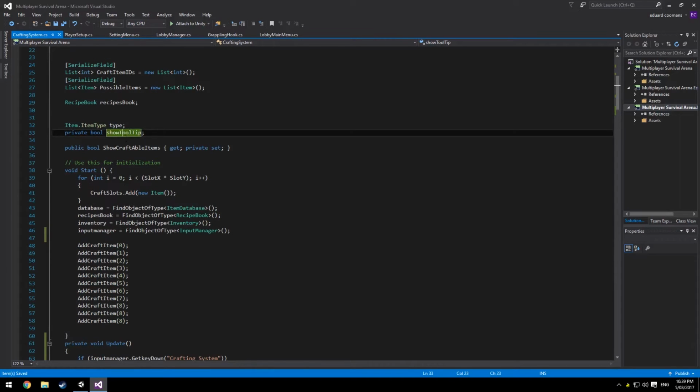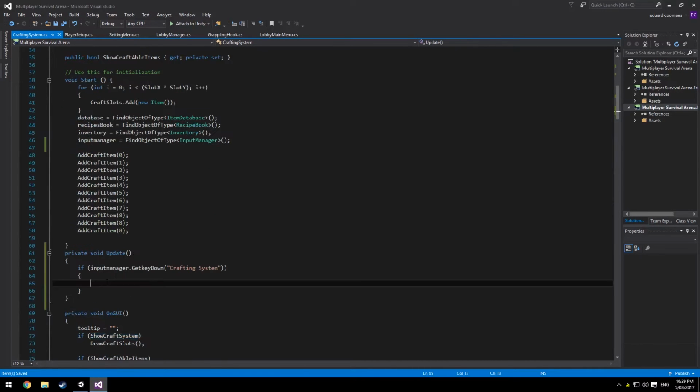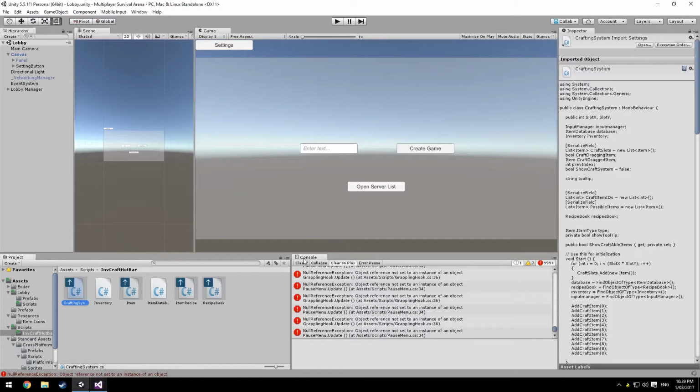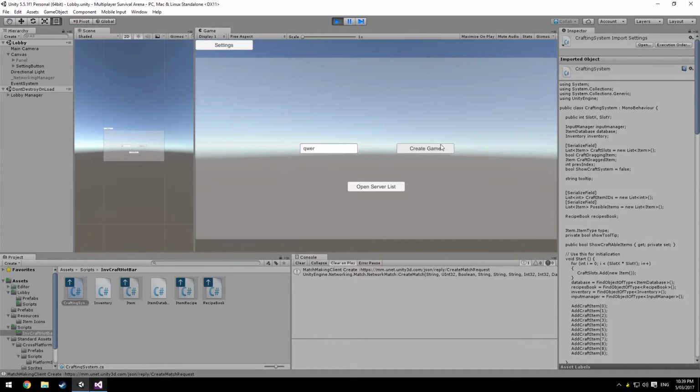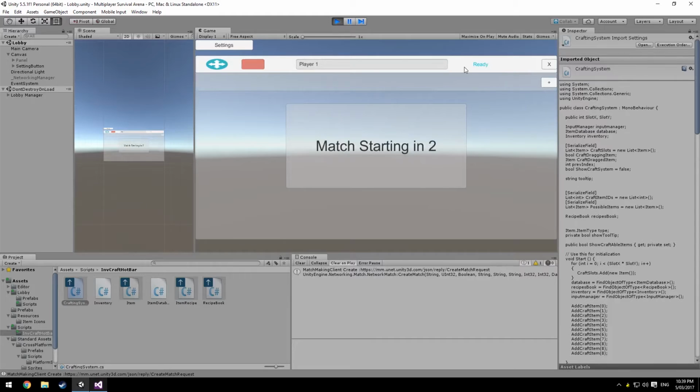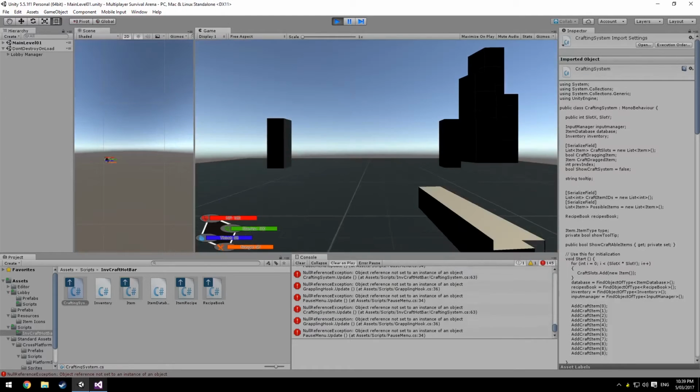And here we just say show craft system equals the opposite of what it is now. So if it starts false, then the opposite of what it is now is true, and this is just an easy way of going from true to false. Cool. And if you guys think ahead, you can see the problem we're going to be fixing next. So here we press ready, and the only thing we have left to do,